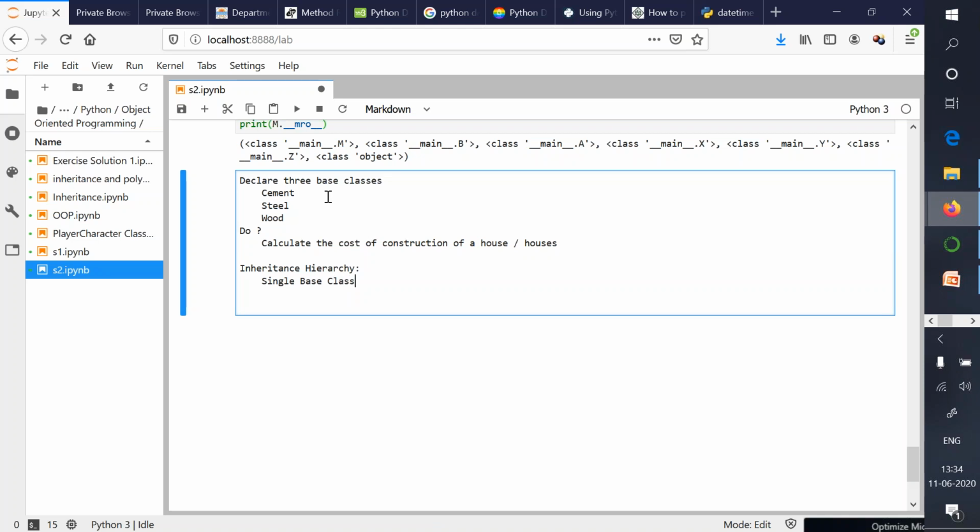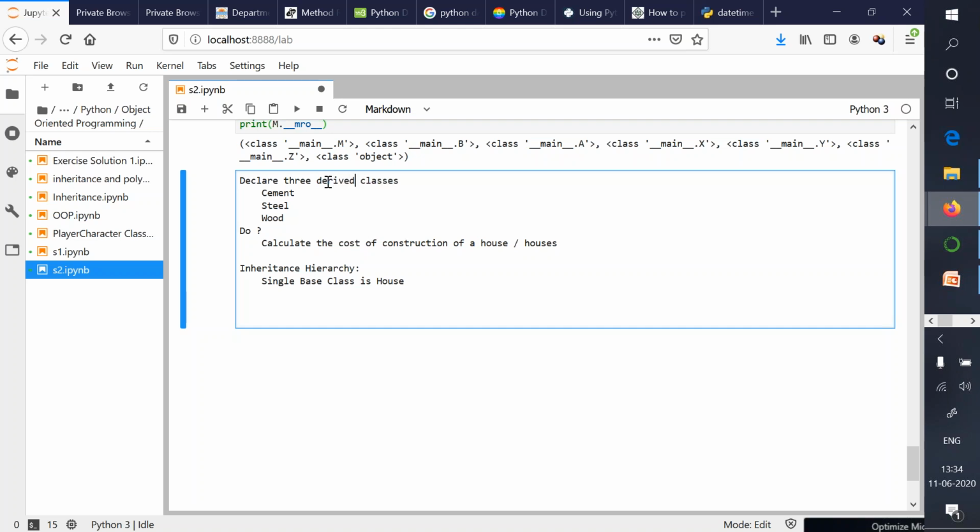Single base class is house. No, you can say declare 3. Let these be the base classes and a single derived class. Yes, you need to implement the single derived class, which is house.